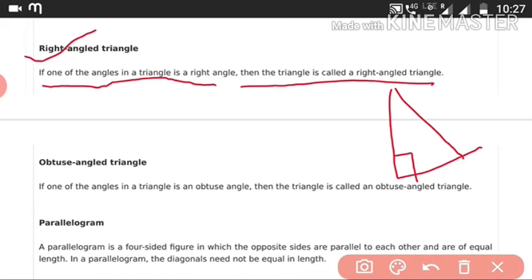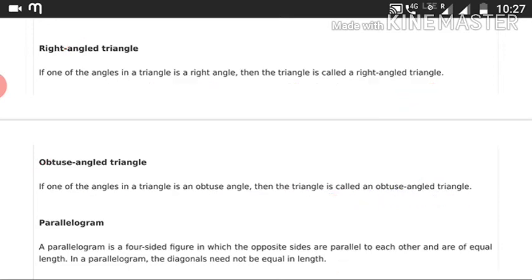A right angle triangle. Now next, obtuse angle triangle, okay. Obtuse angle triangle. If one of the angles in the triangle is an obtuse angle, then the triangle is called what? Obtuse angle triangle. Now if I will draw a triangle,